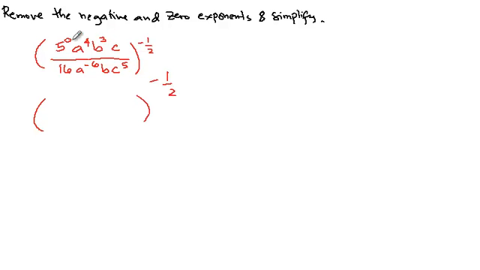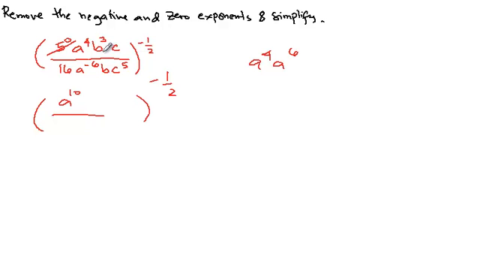Well, we have 5 to the 0, which is simply 1, so it just disappears. A to the 4th. And take note that a to the negative 6 is in the denominator, so we move the 6 up to make it a to the 4th times a to the 6, right? If you move up or down, you just change the sign. So negative 6 becomes 6. So we'll have a to the 10, right? Because it's 4 plus 6, that's 10.